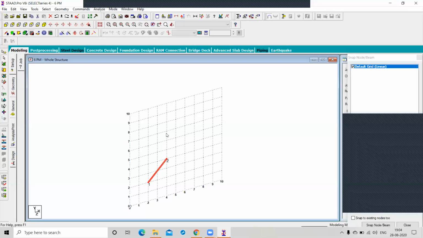You can take any node as a reference point. Because this member is connected with 2 points now, both are moving simultaneously. Yes or no? Yes, sir.